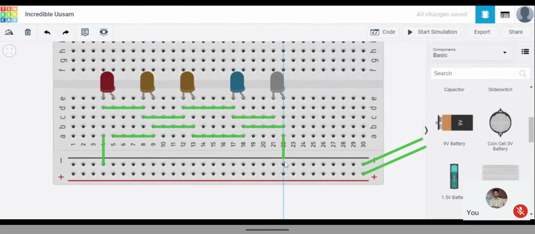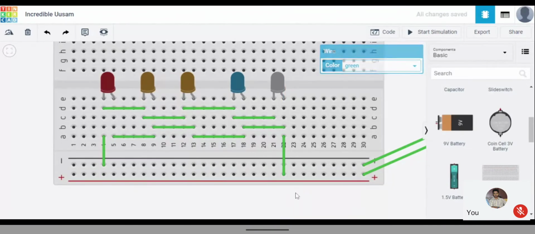From the right, I'll take this one to the positive. See, negative to negative, and here negative to negative. Now, if we come to the bottom one, positive to positive, and here also the same. And for the cathode, the line is straight.